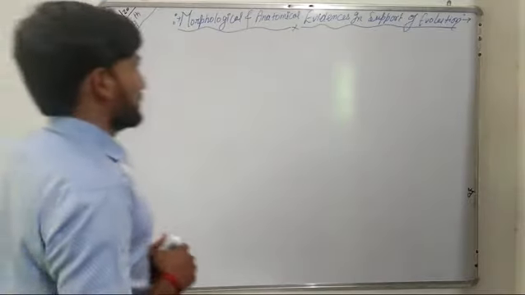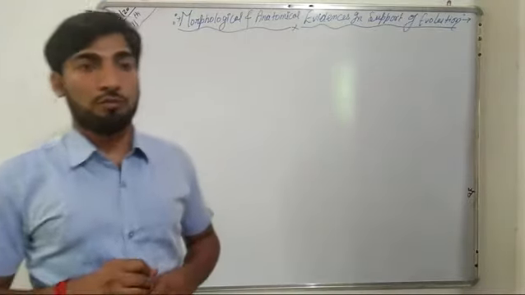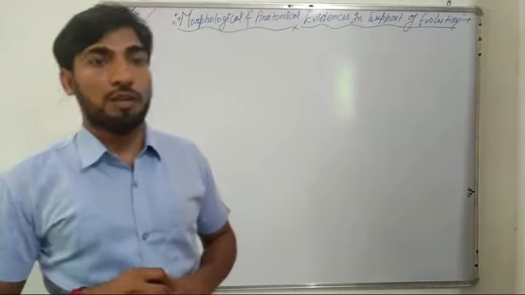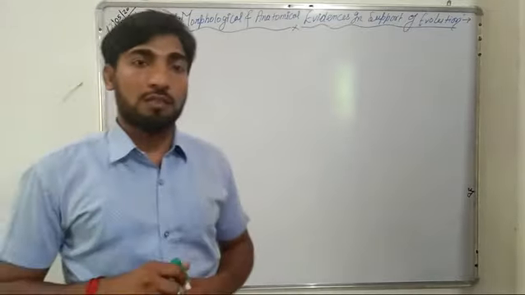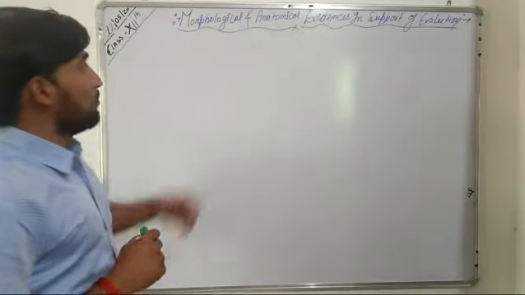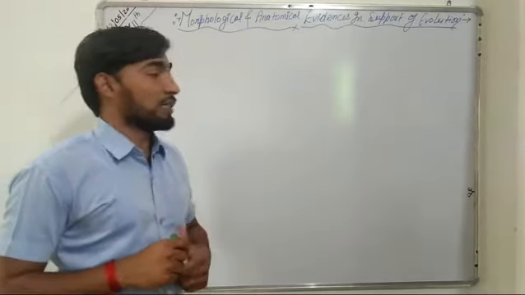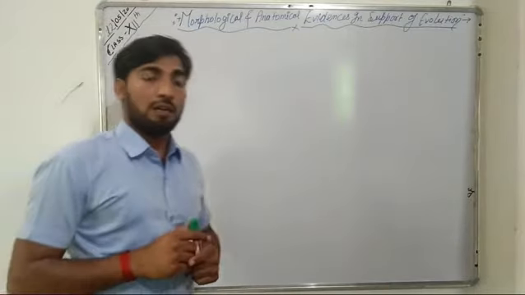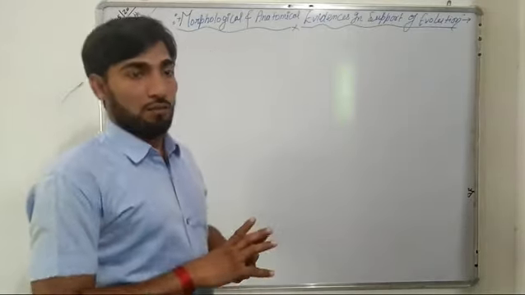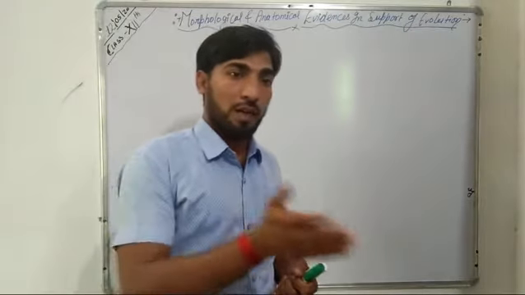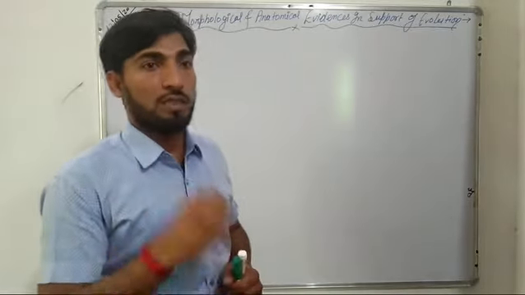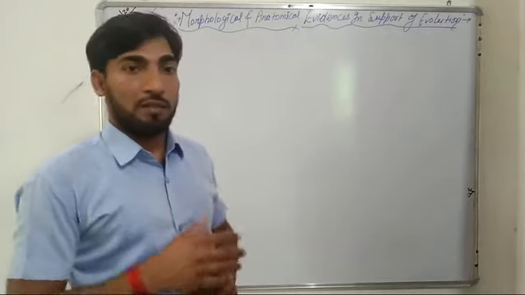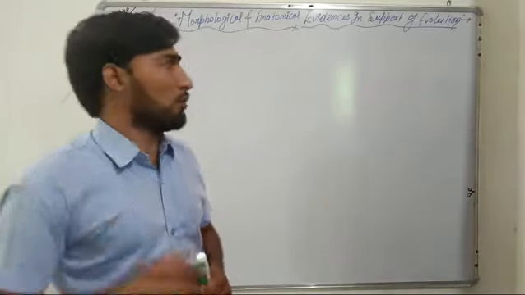Good morning, students. So in our last video we studied the evolution and the theories of origin of life, and in this class we will study the morphological and anatomical evidences in support of evolution. In these evidences we will study the homologous organs, the analogous organs, the vestigial organs, the reversion process, and embryological evidences.